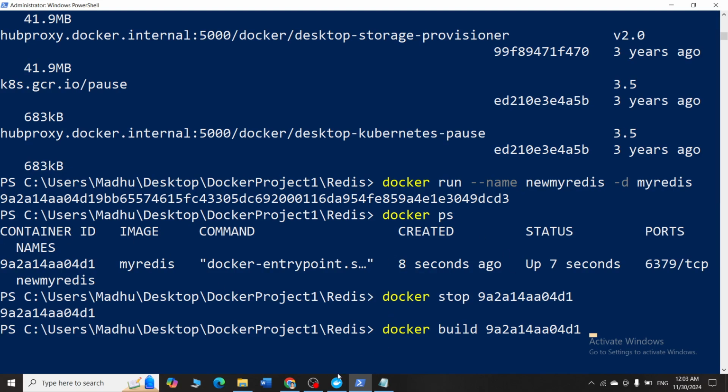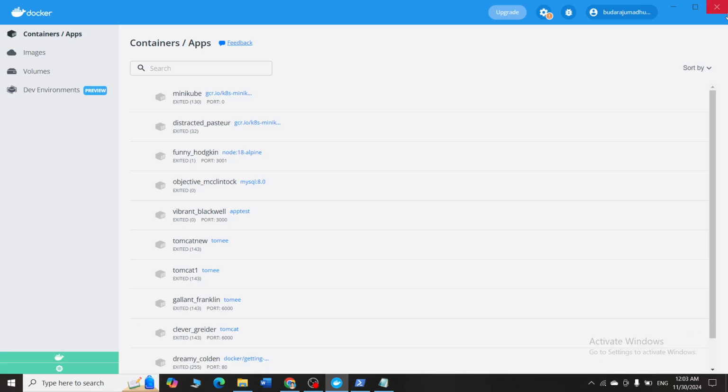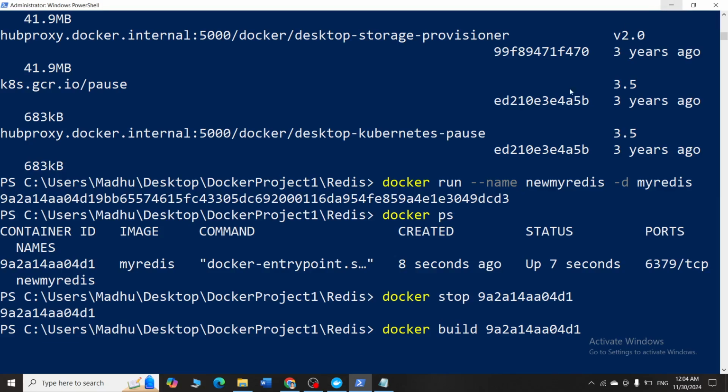But before that you have to give a tag to it. Now what is a tag? Tag is nothing but your ID of your local Docker desktop. So this is the ID of my local Docker desktop. So first I have to give a tag. So I'll say Budharaju Madhurika / I will give a new name.